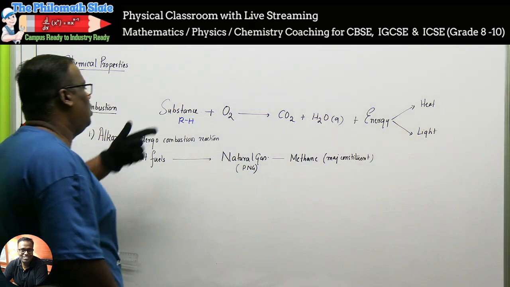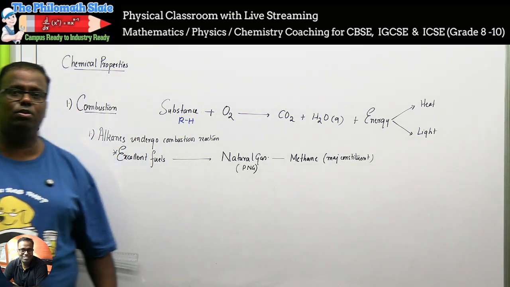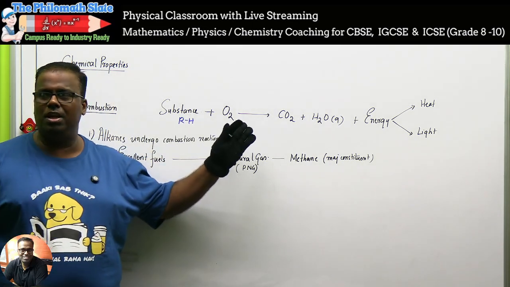Why are alkanes considered as fuels? Because all alkanes undergo combustion reaction. They react with oxygen to produce carbon dioxide, water vapor, and give you an enormous amount of energy. If you remember, when we were doing balancing of equations, I used to give you all balancing equations with that